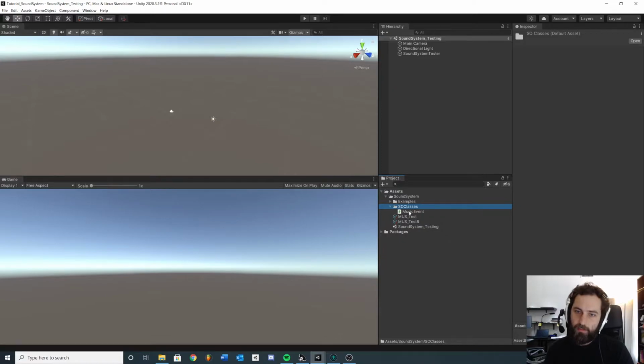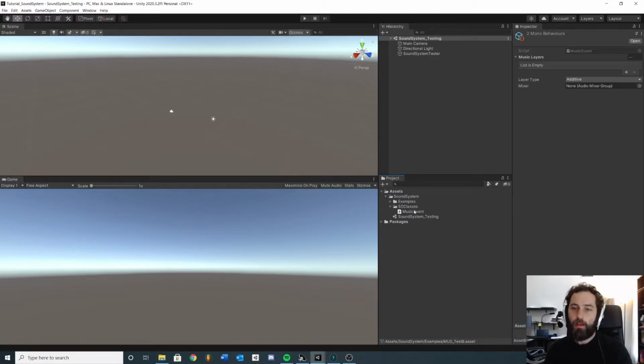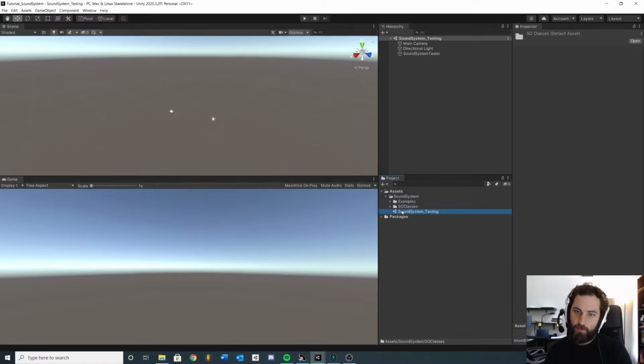So my classes, actually these test objects right here, I'm going to move these into the examples as well. If I add future code like the music player, the sound player and all that stuff, I want to have this separate from the example. So again, I'm also going to move my scene into examples because really they can use this tool in any scene they want. So now that I have this cleaned up, another thing I want to mention is the concept